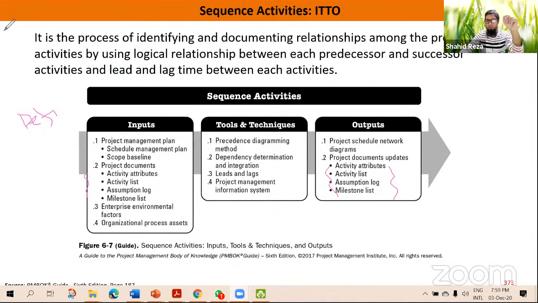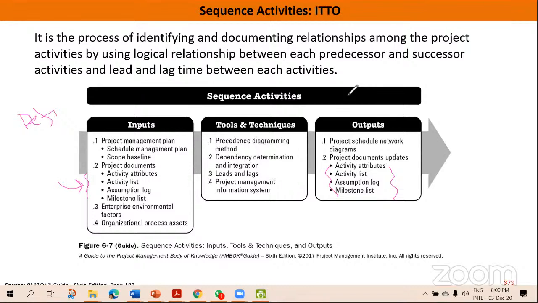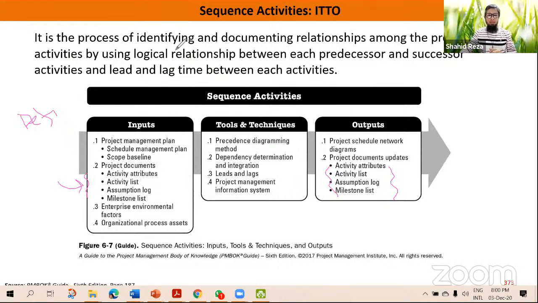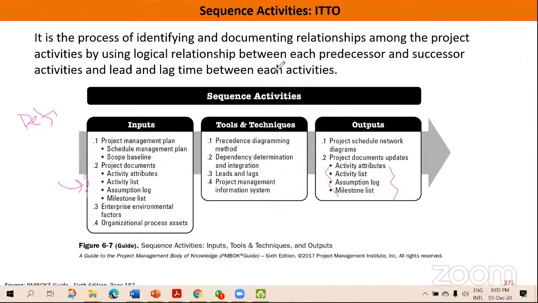In scope chapter, we have broken down the project into WBS, and in this chapter, through define activities, we have broken down work packages to activities, and those activities we are now actually sequencing. We are creating the network diagram. But in the second iteration, if you identify any new work package, for example, you have got another new work package that you need to break down into activities, then define activities will happen. With that process, it will be broken down to activities, and here it will be again used to sequence the activities. তার মানে the project document updates